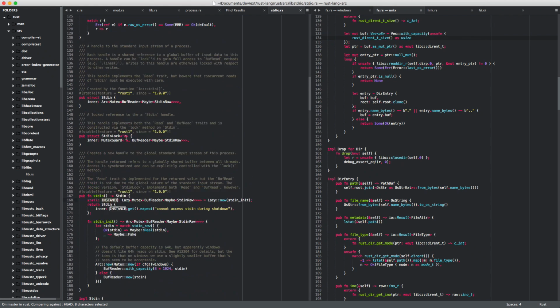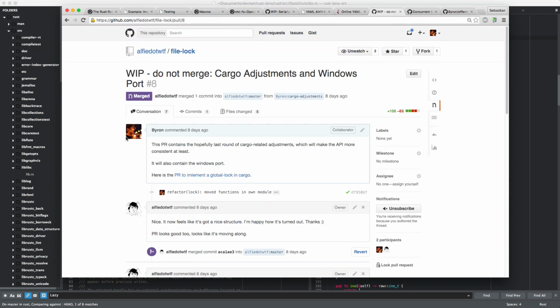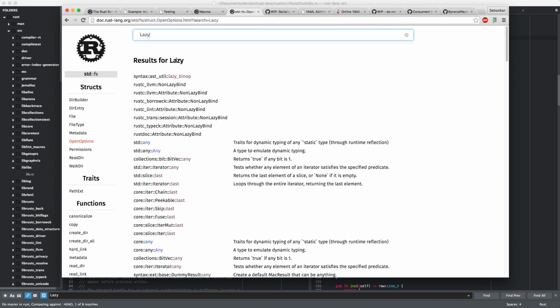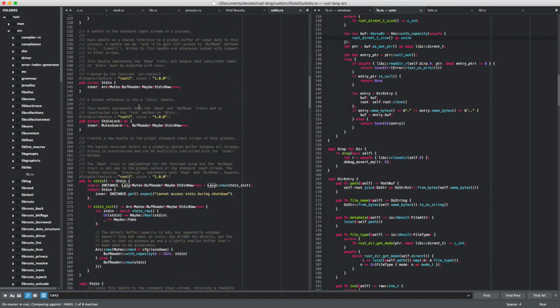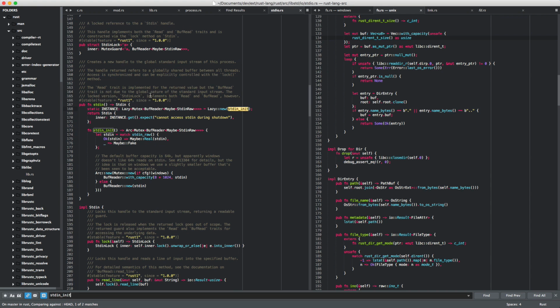Lazy. Okay, what's lazy then? IO lazy. Is this something public? Because lazy semantics can be useful for anybody, but it doesn't seem to be part of the public interface at all. So this lazy probably means that it is evaluated only later. Here's the std init function that is provided here. So this probably means that on first access, call this function, and then you get